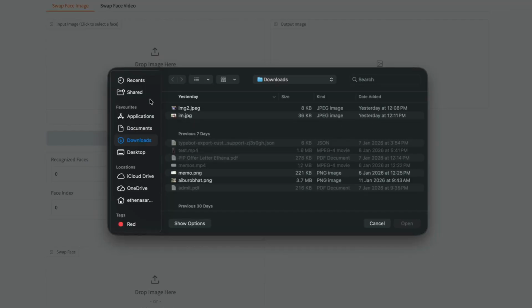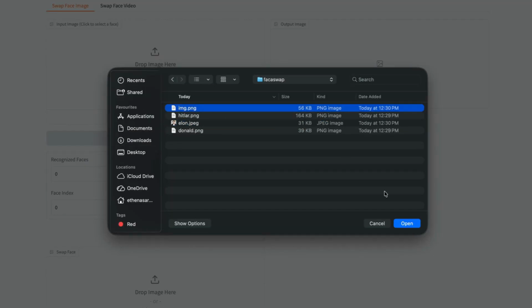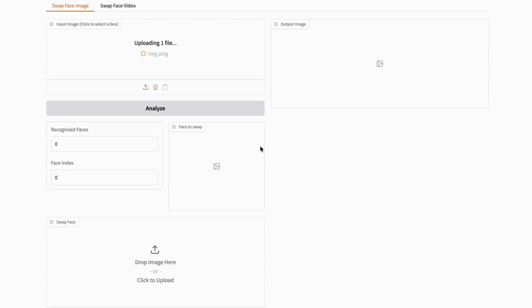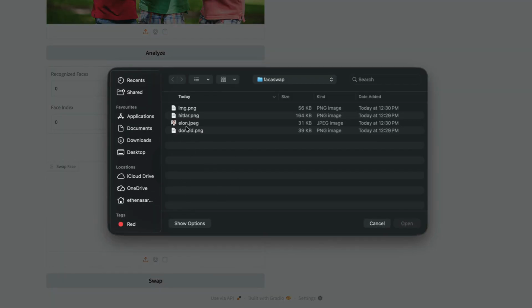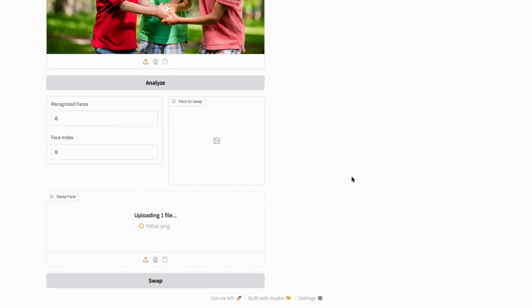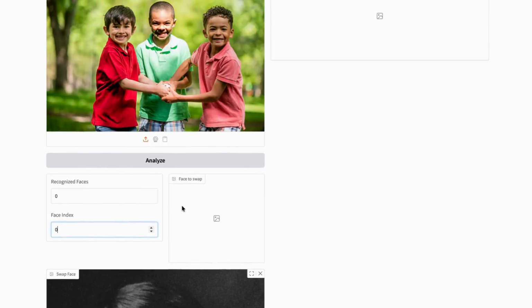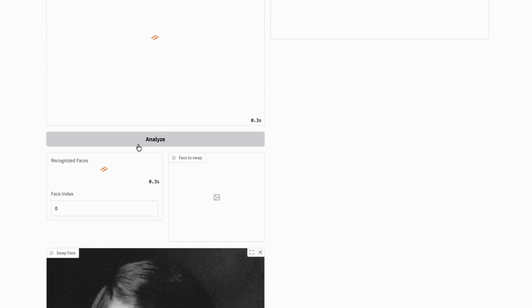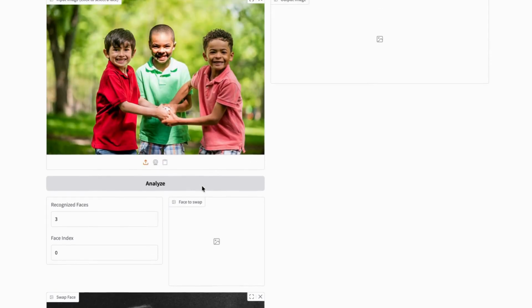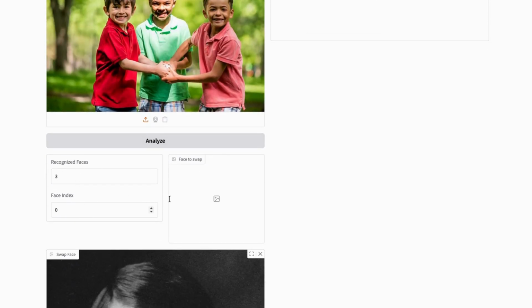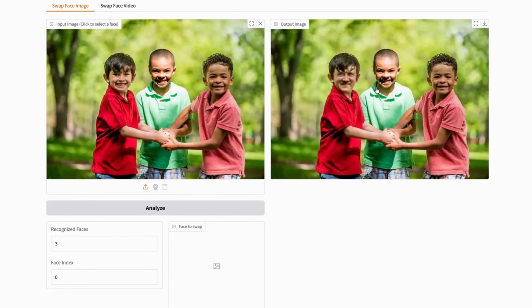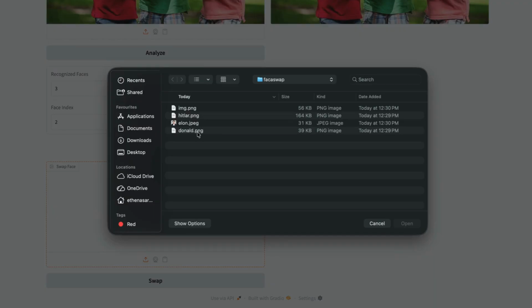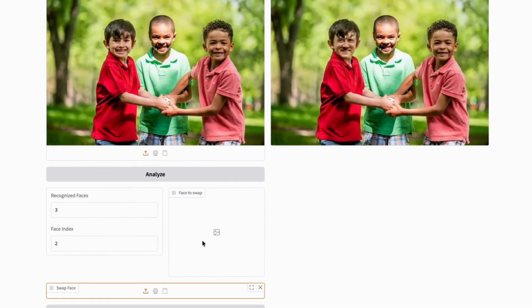Click Drop Image Here to upload the target image. Then upload the image you want to swap. Click Analyze. You'll see it detected 3 faces. Now click Swap. Yeah, it's working perfectly. You can share this app with your friends anywhere in the world using the Pinggy link,